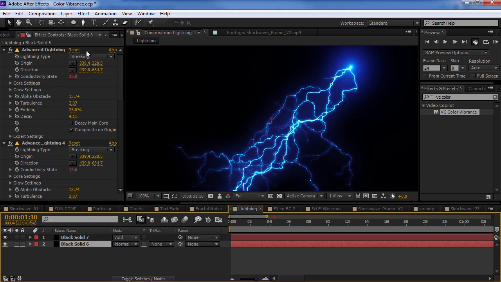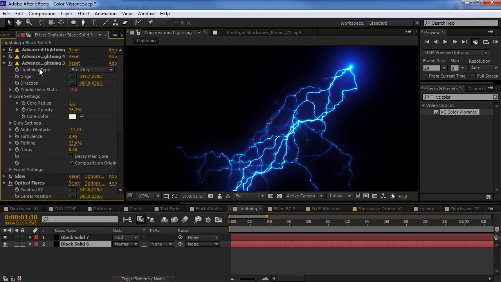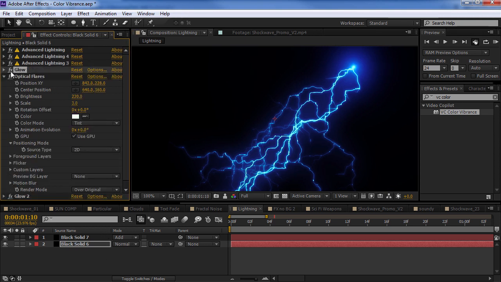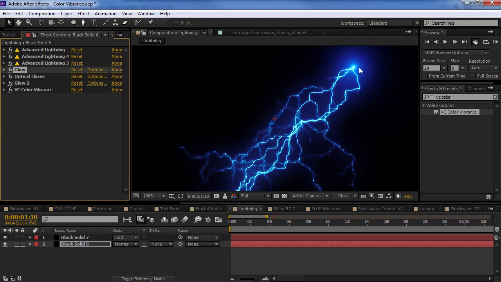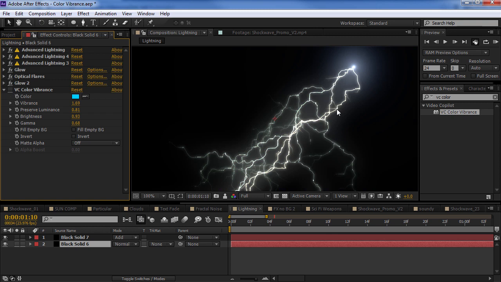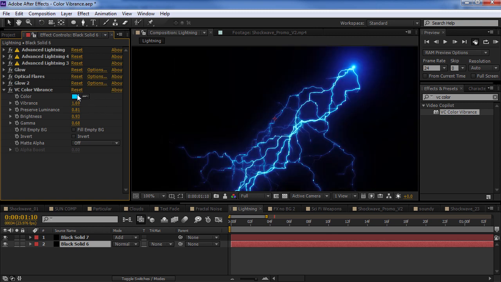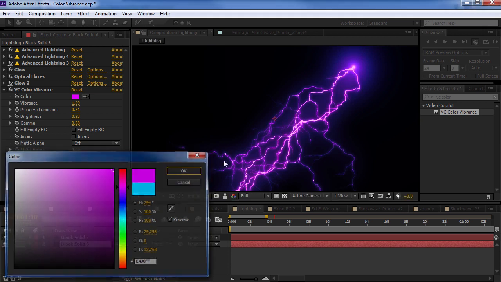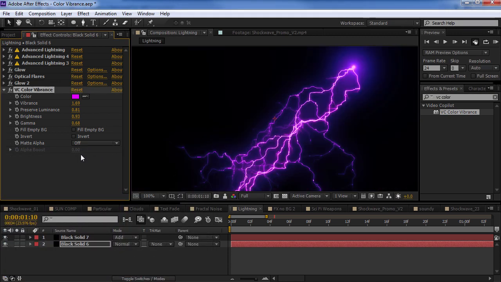I've also got the advanced lightning effect, and I have it set to composite on original, and I'm using a black solid here. Got a glow, and just have the optical flares creating the point there. But the vibrance color, here's the result here, color vibrance, and it really creates a nice look that doesn't require a bunch of adjustments, and it's easy to copy and paste it